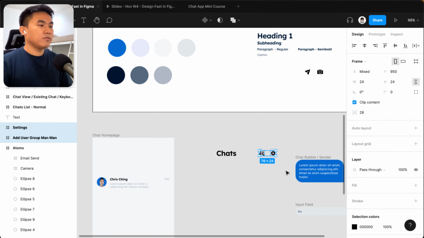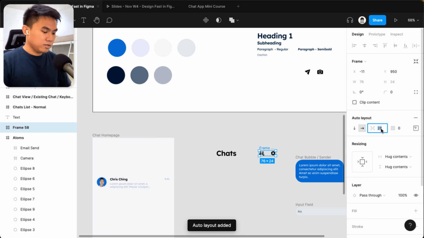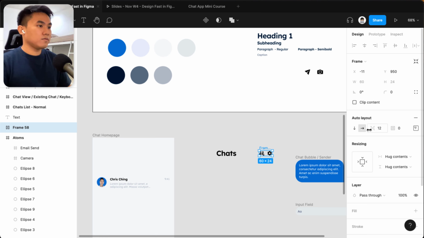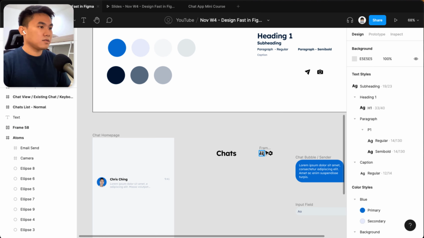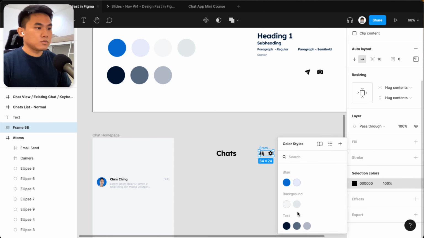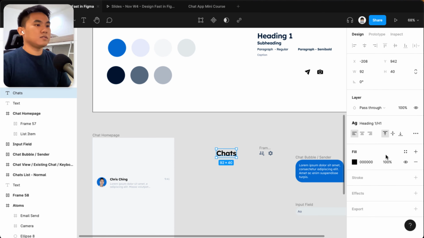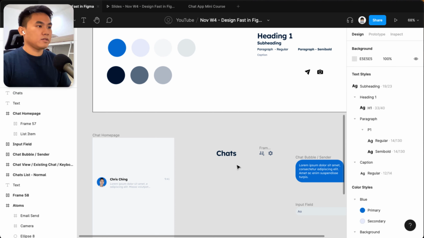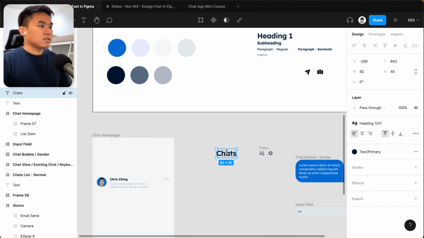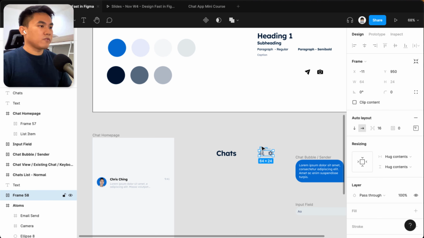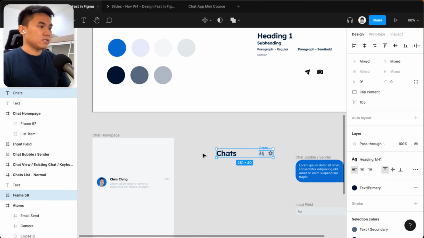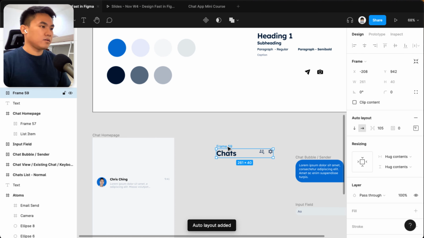From here, what I'm going to do is to select them both again, press Shift A, convert them to auto layout, change the spacing maybe 8 or 12, maybe 16. That's good. Change their color to text secondary and change this color to text primary. All right, from there, I'm going to select all of them, this frame and this chats, and press Shift A again. And there you go. Now we have the heading